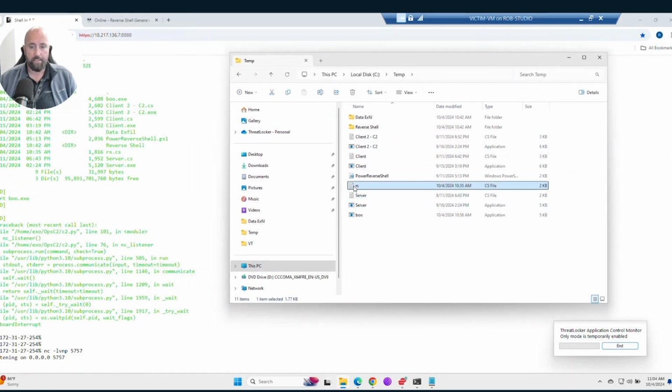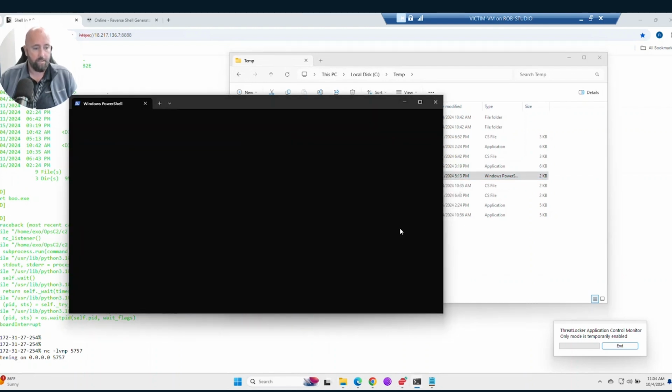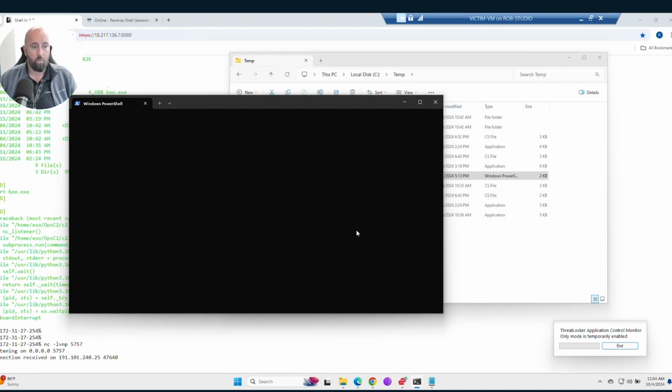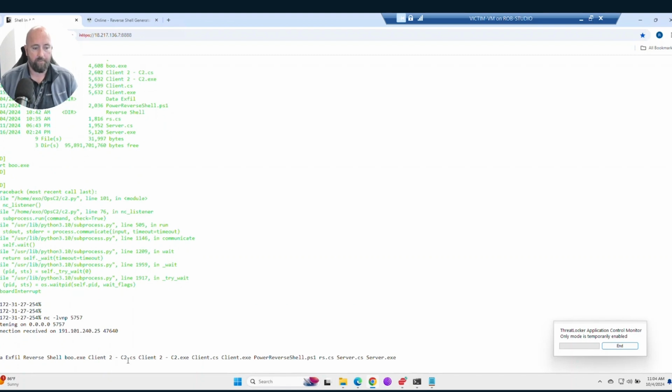Okay, which one is it? This is the reverse shell. So when I run this with PowerShell, you will notice in the background, once again, connection received. Once again, I've got full access to this machine, so